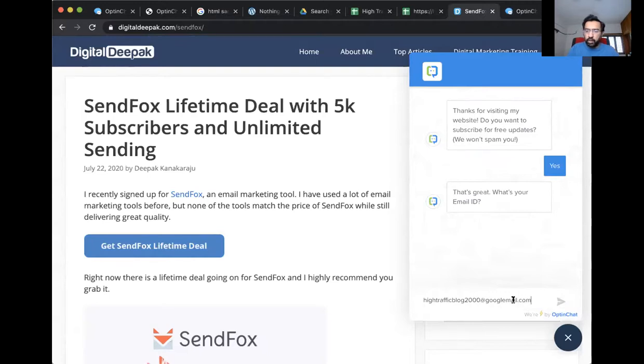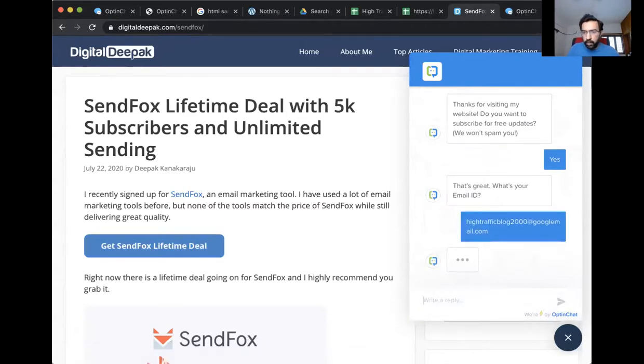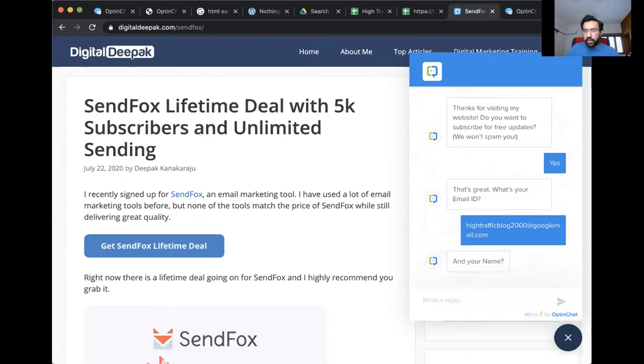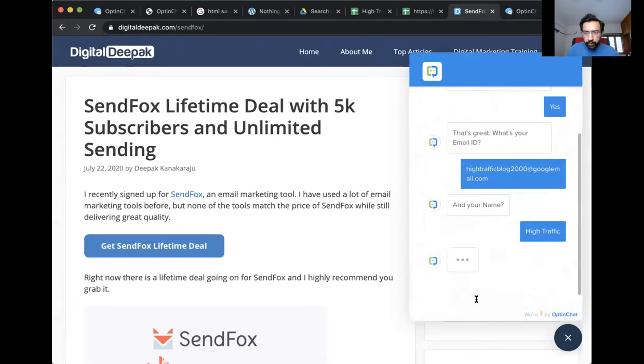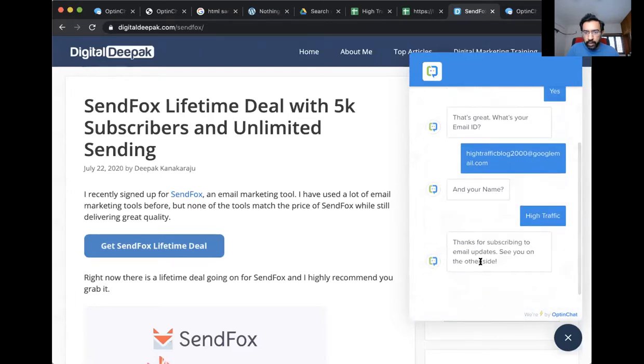googlemail.com. The plugin is just a placeholder for the JavaScript code, Ram Kumar. Opt-in chat does not actually operate as a WordPress plugin. It is still loaded by the JavaScript, but the plugin is just a placeholder for people who do not use a CSS and JavaScript toolbox or any other tool. So now I will go ahead and put the answer here, and then it just says thank you.